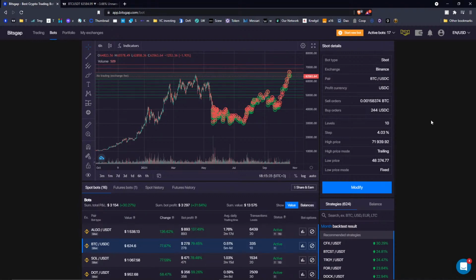So yeah, the final answer is around, I think, $100 is what you can start with. But to really see the results, to cover the money you pay for the subscription on Bitsgap, I would say starting with around $350 per automated bot is a wise thing to do, because it will generate enough. It's of course not 100% guaranteed, because everything depends on the crypto of your choice and how it's going to be trading in the next month.